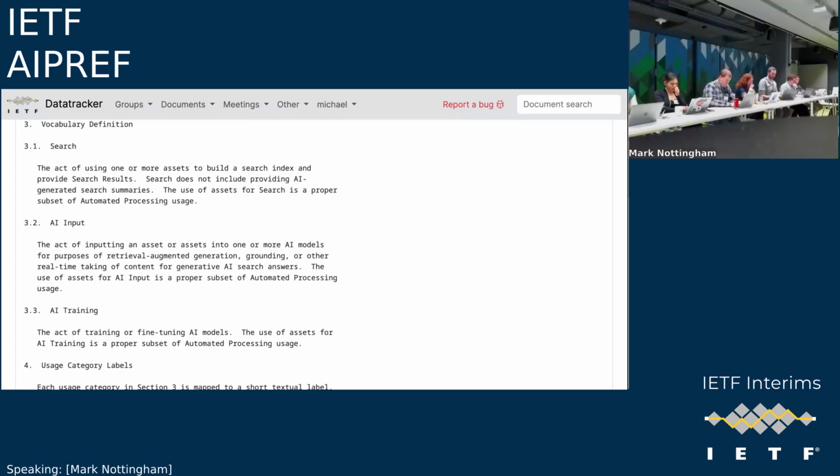You have some overlap in your categories with other people, and you have some places where you change things. I think I understand what the AI input is doing, although one could argue you could take the AI input and replace it with the AI output from the previous proposal, and you have something which is structurally quite similar.